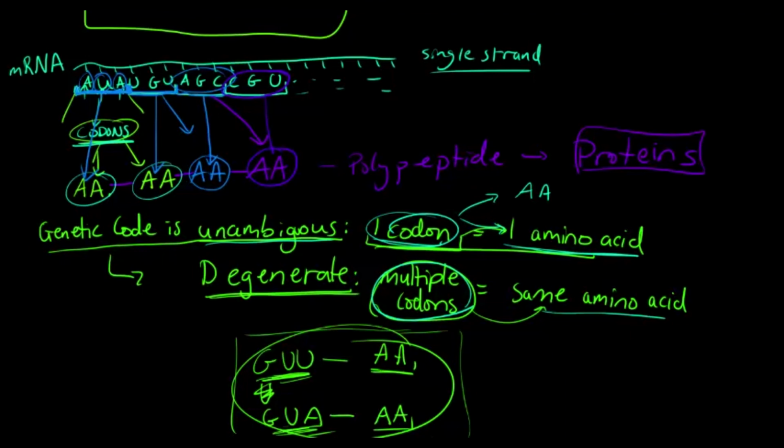So sorry, there's a bit of confusion there, but just remember that 3 nitrogenous bases group together to make a codon, and each codon translates into one specific amino acid,